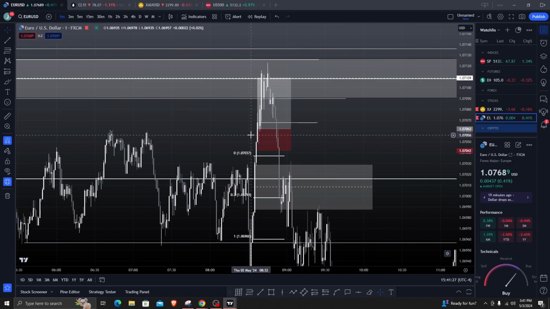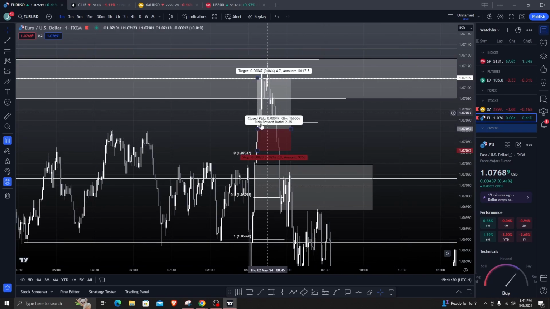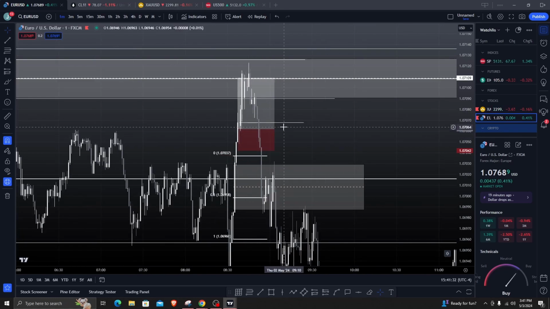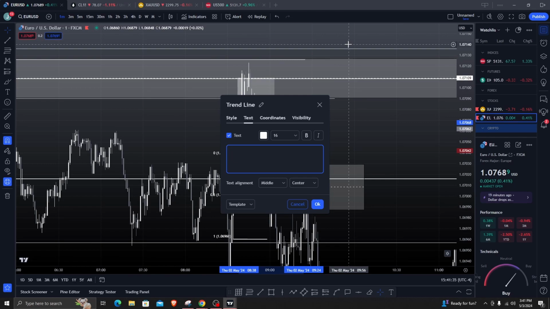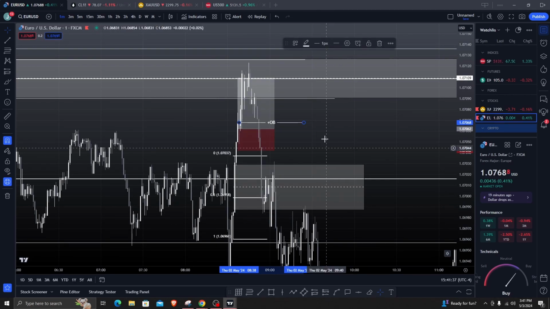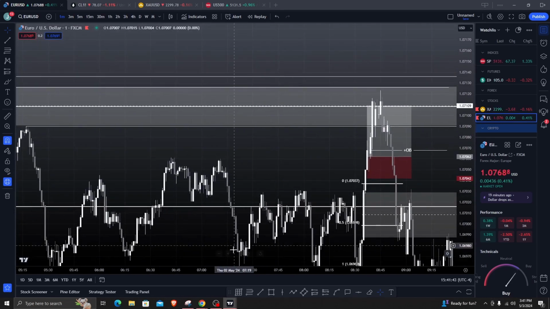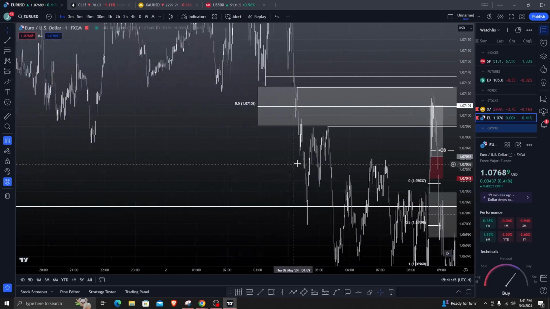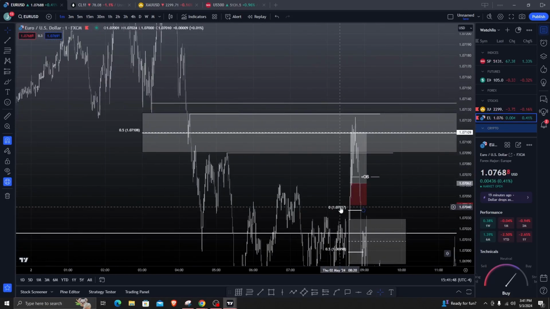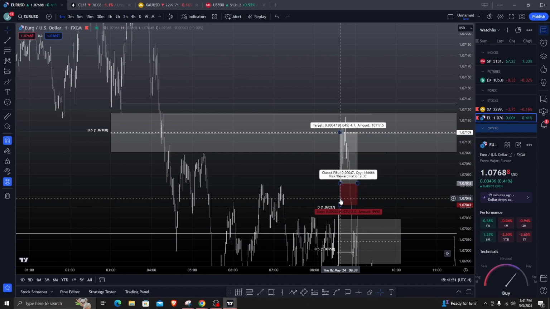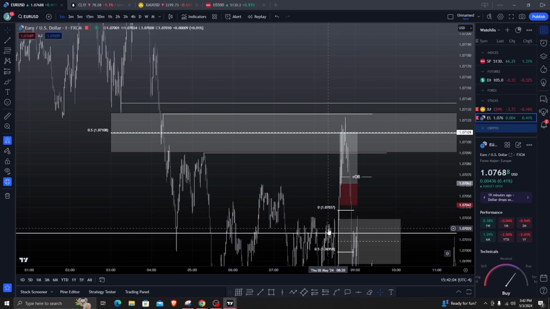But we ended up respecting this order block that we had formed right here. This is an OB, and we ended up tapping into where I wanted us to go, which was basically up here and into that fair value gap, plus we also had equilibrium there. I was not sure what I should have been targeting other than the equilibrium. Because of that, I only took this little trade. This was the only setup that I saw, but ideally I wouldn't be taking this trade because I just couldn't figure out where the draw on liquidity was going.